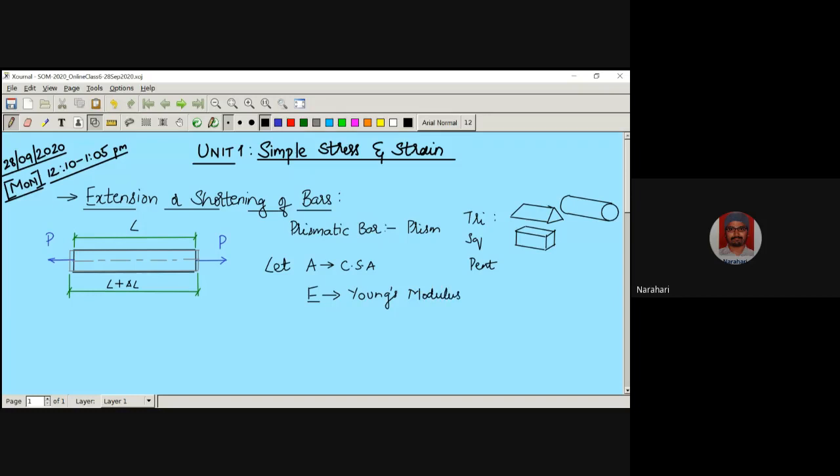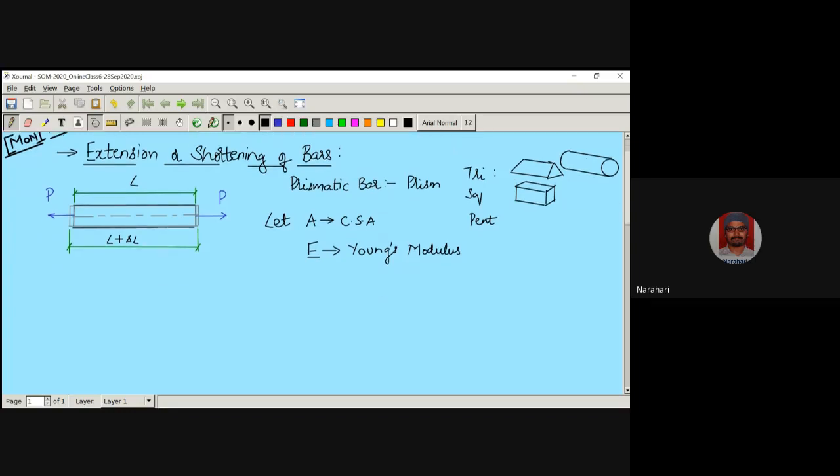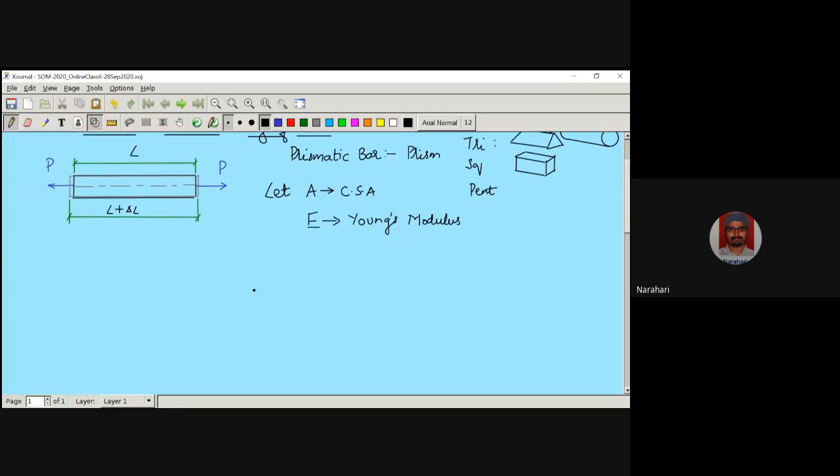Young's modulus of the material of the bar, right? Now, assuming that this load P is within the elastic limit, so we know that within the elastic limit,